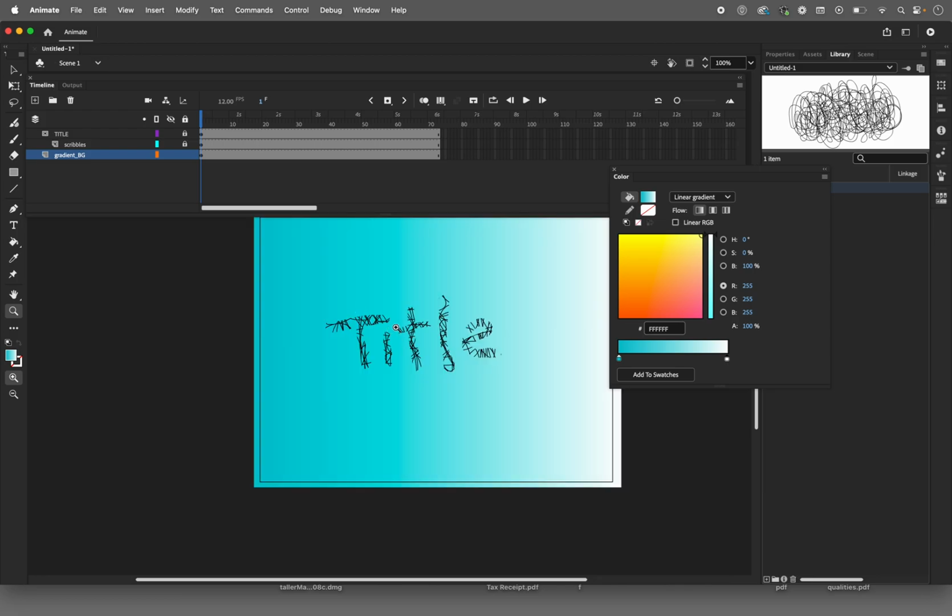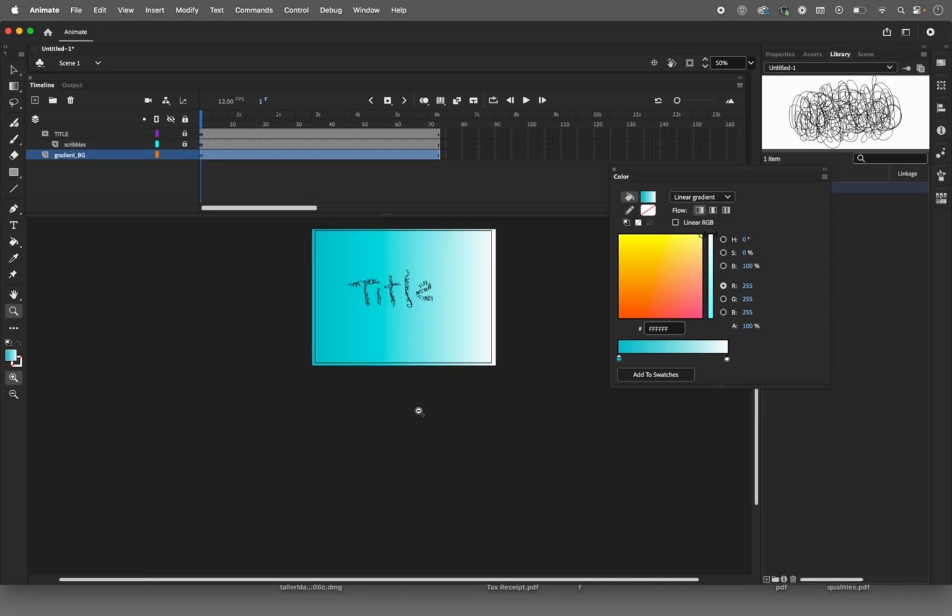The contrast is better, but I don't really like how it's going from left to right. I'd like it so that it's darker at the top and then fades at the bottom. So I could take the free transform tool, drill down 1, and you get this thing called the gradient transform tool. Now when I click on the gradient, let's zoom out so you can see the edges. When I click on the gradient with the gradient tool,